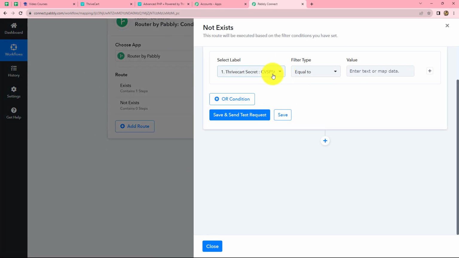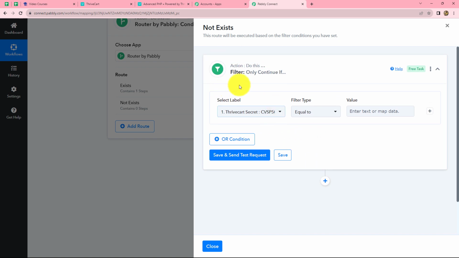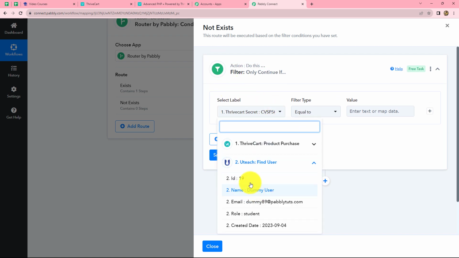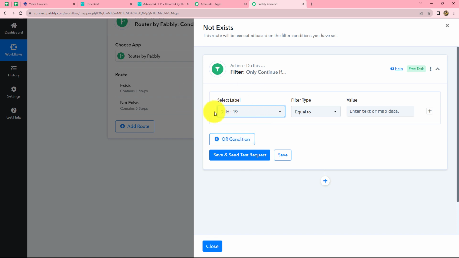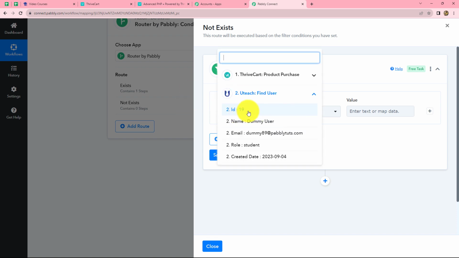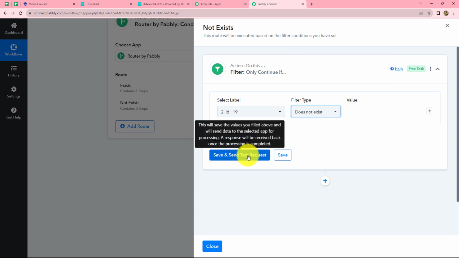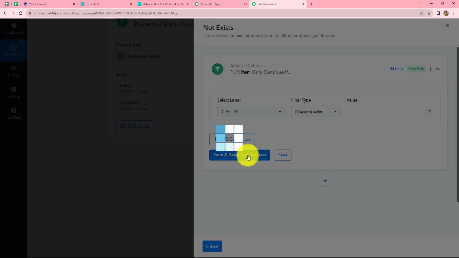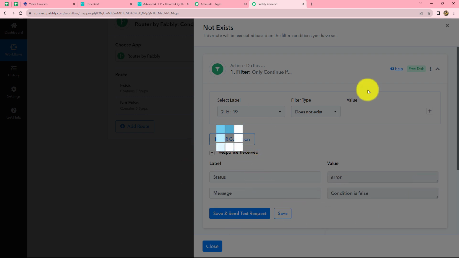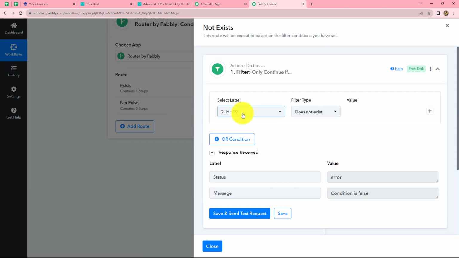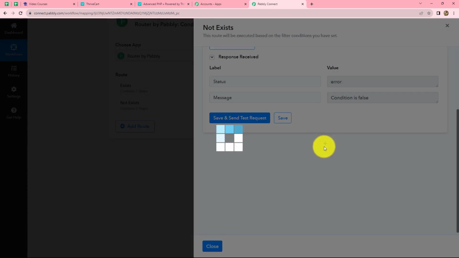So in this route also I am going to apply a condition by using a filter. I want that if this particular ID of the person, that is, we have mapped the ID which we have received through Uteach, does not exist in Uteach already, okay? So we will apply the filter as does not exist. Then let's see whether the condition is true or false. The condition is false because this person already exists here. So in our condition we want that if this person does not exist in Uteach, then we will add one more action step here,